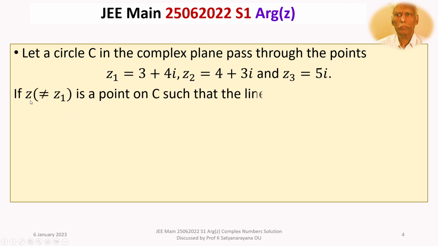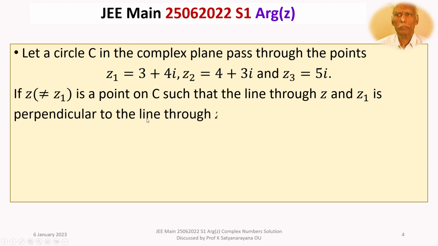If z not equal to z1 is a point on C such that the line through z and z1 is perpendicular to the line through z2 and z3, then the argument of the complex number z is equal to,